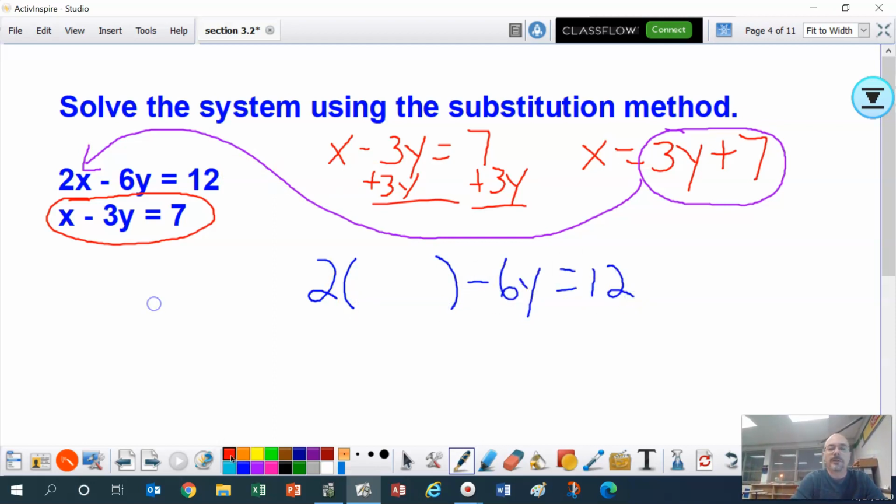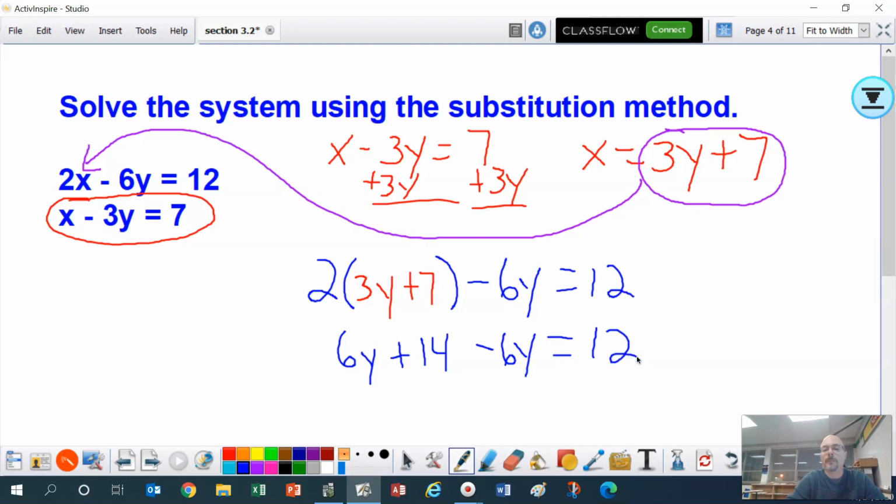All right, now I'm going to plug that in. So we got 3y plus 7. All right, algebra time, ladies and gentlemen, algebra time. Distribute, combine like terms, and so on. Here we go. Okay, I'm going to do it silently. Oh man, I see something weird going on here. Look,